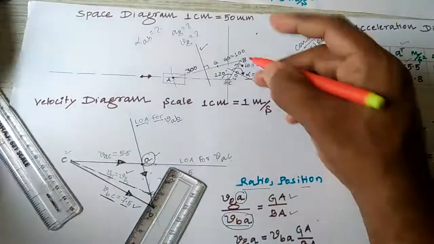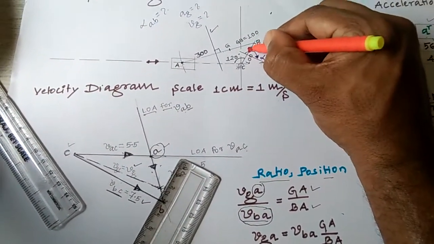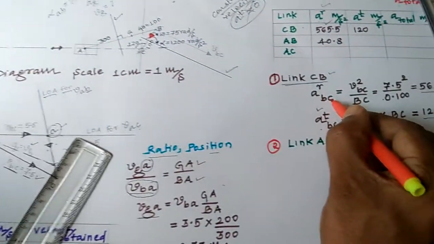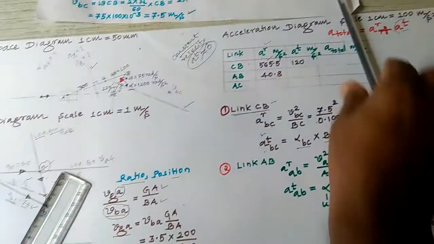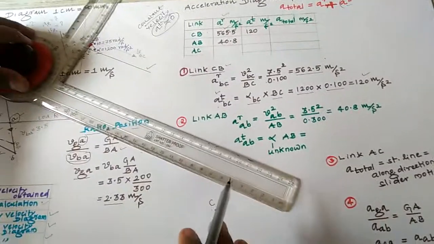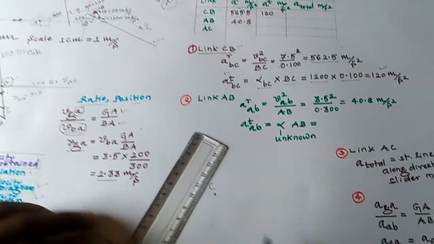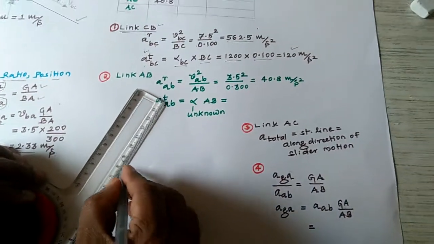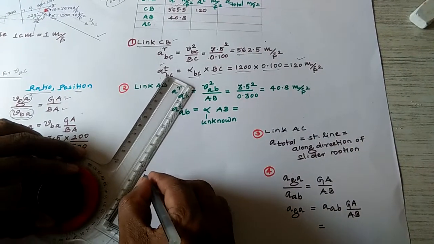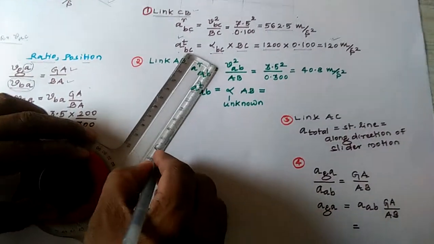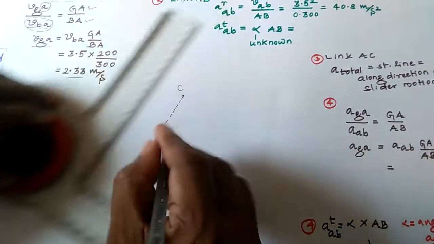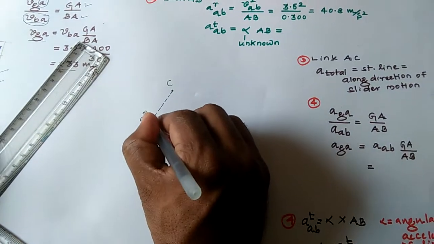Then what is the thing? This is the direction, this is also important. This direction is towards the C. Acceleration of B with respect to C. Then I'll draw the things. You draw this one, alignment, radial acceleration. How much is that? It comes as 5.6 centimeter, because this is the scale I have taken. This is 5.6 meter per second squared. I have taken this as the radial, and I will take it as dotted only. This is dotted. This is nothing but a radial BC.